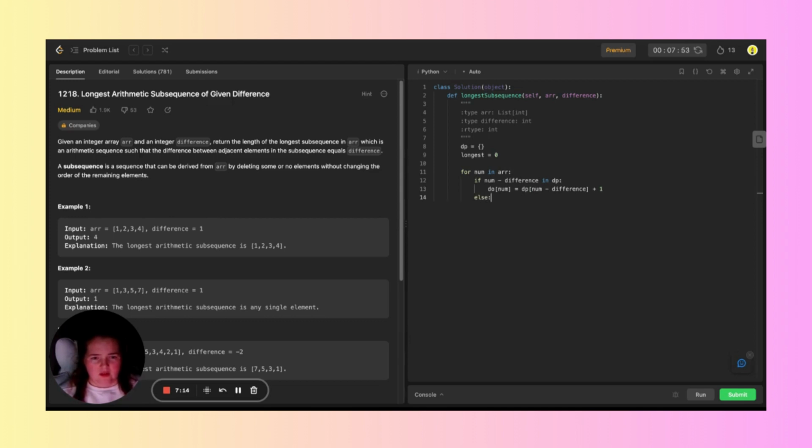Else, like if there's no previous number, then it just means that it starts a new subsequence of 1. Yeah, I think that makes sense. So if I say starting that new sequence, which means after we update that,